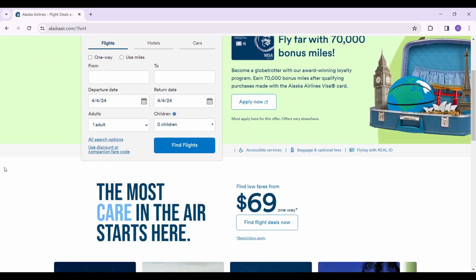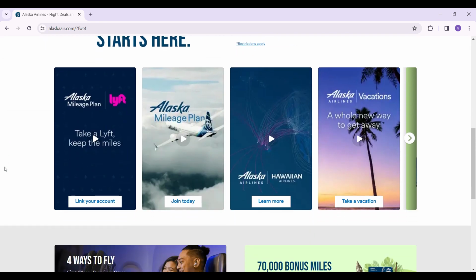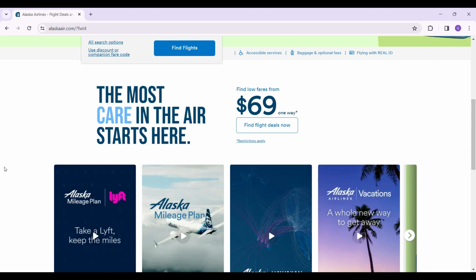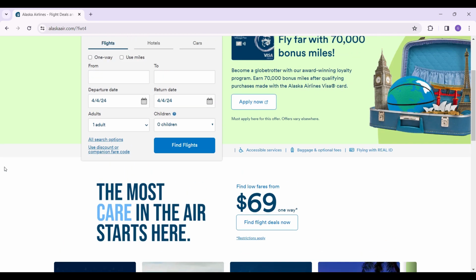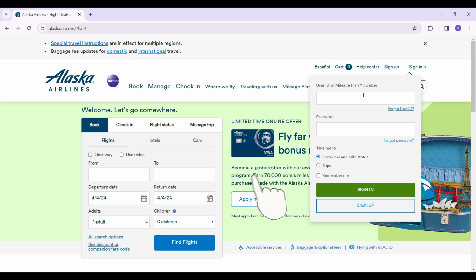If you scroll down, you will be able to view the features and bonuses provided by Alaska Airlines. But for now, we only want to log in, so let's scroll back up. On the top right of the screen, you will find a button named Sign In. Simply click on it. A pop-up will open asking you to enter your user ID or mileage plan number and